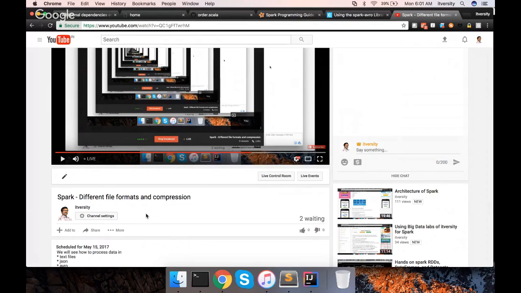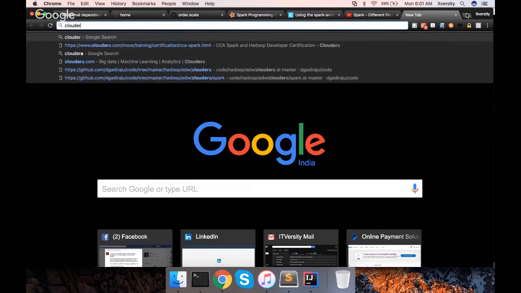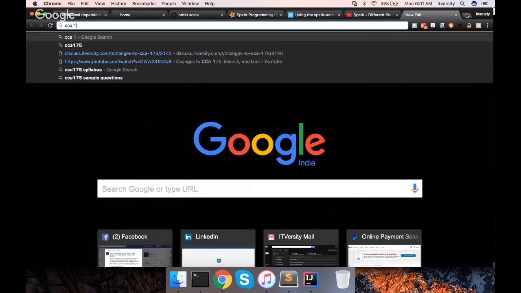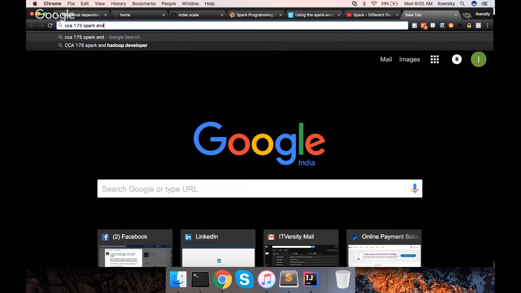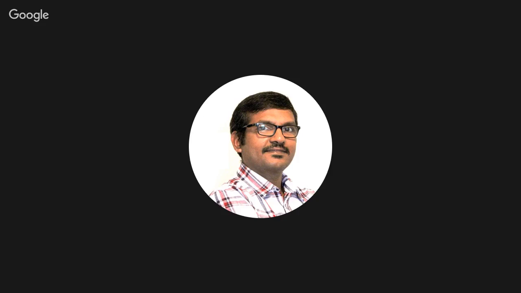That being said, today's agenda is primarily on different file formats and compression with respect to Spark. There is a reason why I am talking about this. If you go to the Cloudera certification curriculum, Cloudera CCA 175, Spark and Hadoop Developer Certification updated curriculum, around May 1st or so they started conducting the certification exam as per the new syllabus.